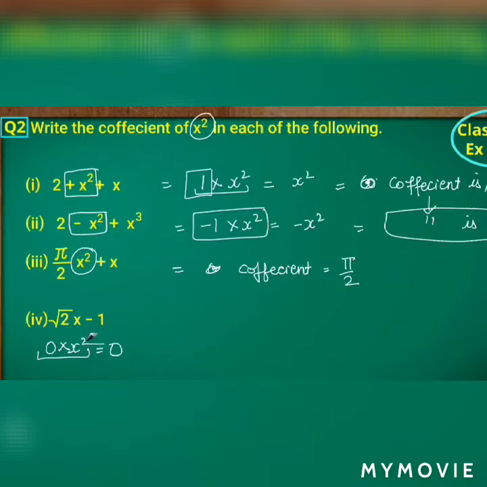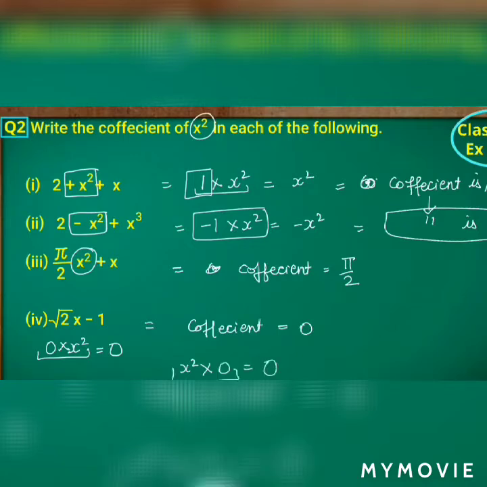So if we are not having the term x square, we can take it as 0 into x square, since it is missing. Obviously the quotient of x square becomes 0, isn't it? So we can take the quotient of x square as 0. If it is absent, you can take the term which is multiplied with 0. Anyways, it will become 0 itself, right? Yes. Now come to the next question,